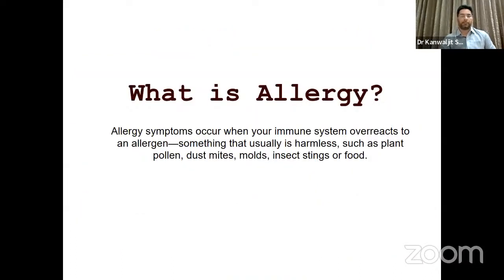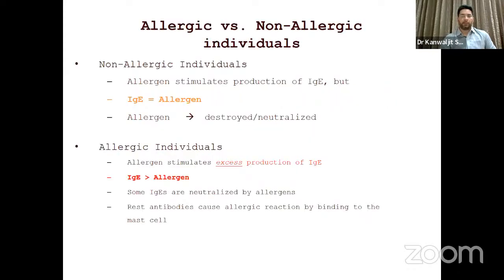So what is the definition of allergy? Allergy occurs when your immune system overreacts to an allergen, something that usually is harmless, such as plant pollen, dust mites, molds, insect stings, or food. So asthma is divided into allergic and non-allergic. In non-allergic individuals, allergen stimulates